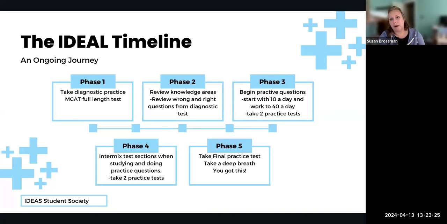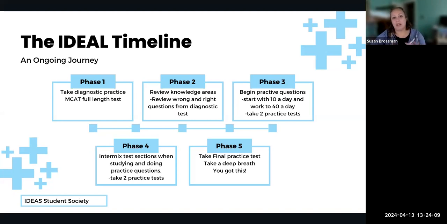You're going to want to take probably 4 more practice tests in this time, just to see how you're doing, and make sure you're having a better understanding of, like Gabby said, the MCAT is really learning how to take the test. Once you've been doing a bunch of practice questions, you're getting into a good place, and you've taken 2 practice exams, you want to start intermixing your sections. So you don't want to focus for a whole week on Chem and Phys and then start on CARS and then come back 4 weeks later and redo everything.